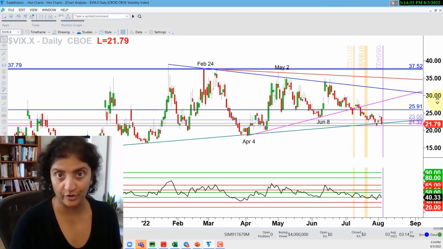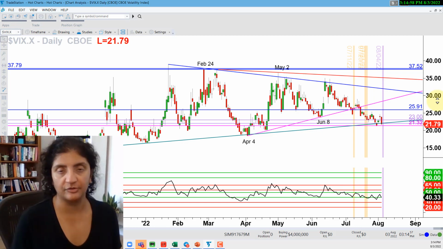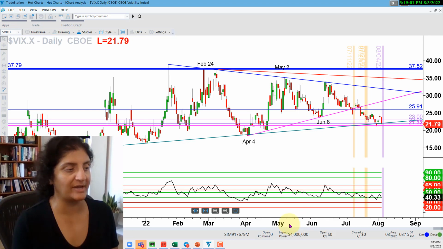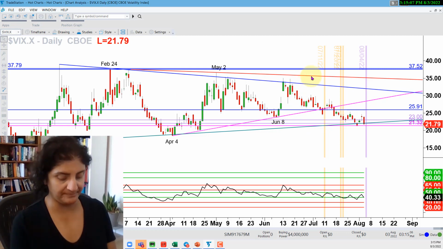All right, so here's my chart of the VIX on a daily time frame, squishing up all that data from the consolidation on the weekly chart. I'm going to move some lines out of the way and get our focus into the more recent action. So let's focus in on this most recent action,